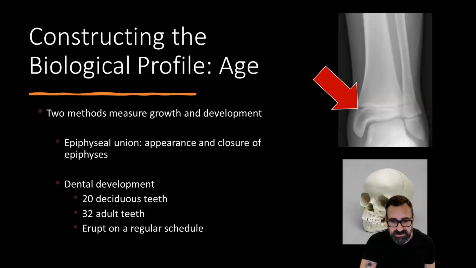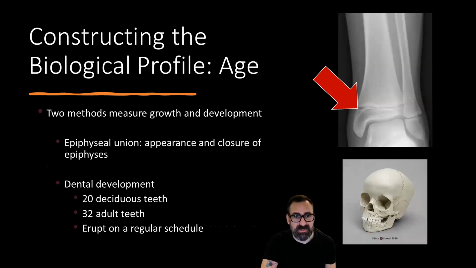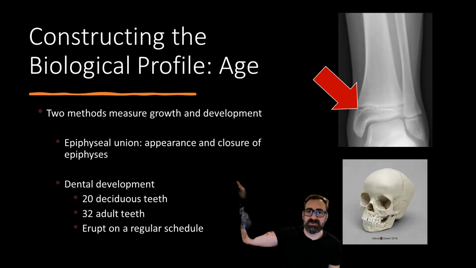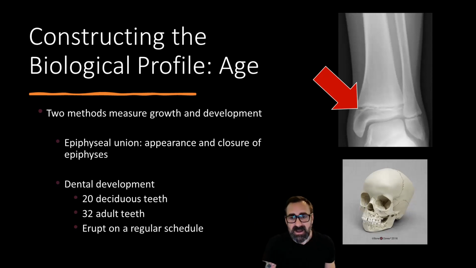Age is much easier to determine. It might be the easiest trait to determine, mainly because we can look, as you can see here, in the skull. In the bottom here, you can see all the teeth. This child has deciduous teeth. Those are teeth that fall out, just like deciduous trees, or trees that lose their leaves.